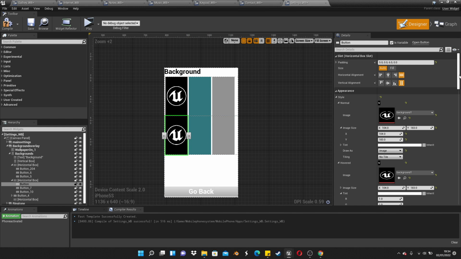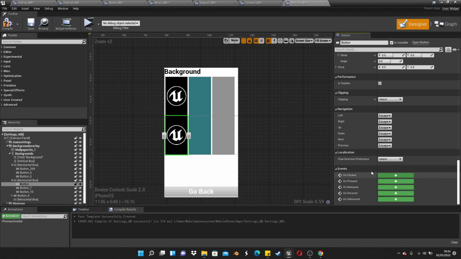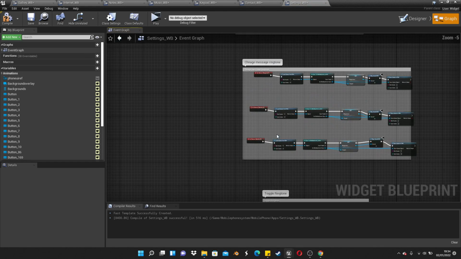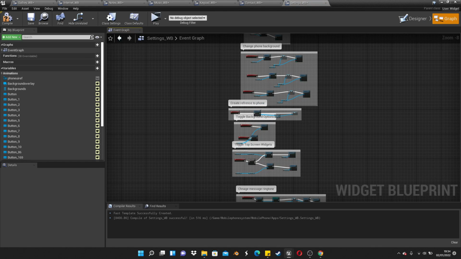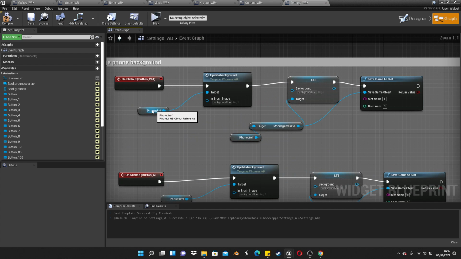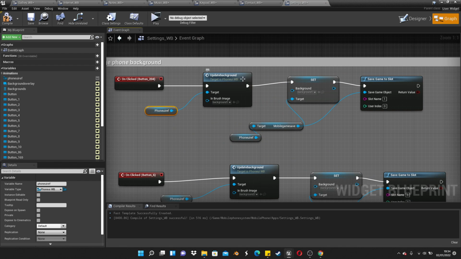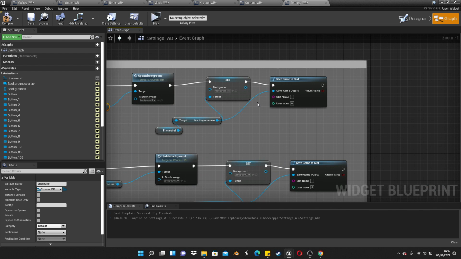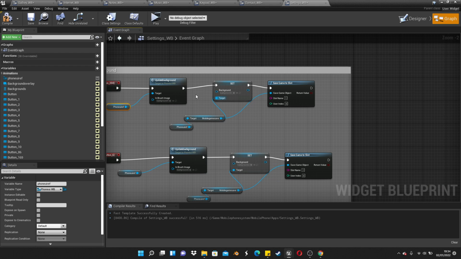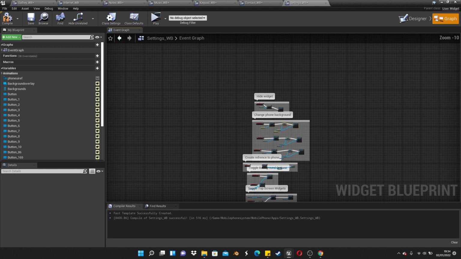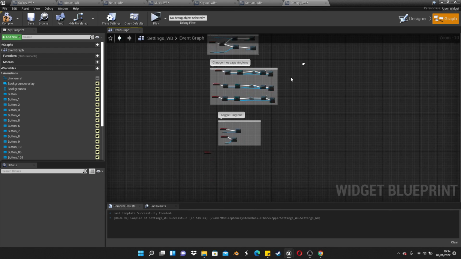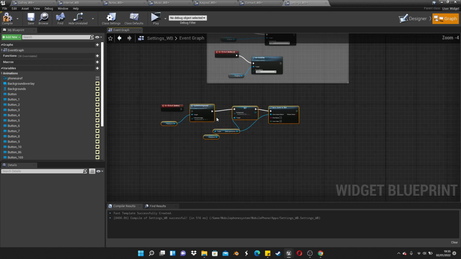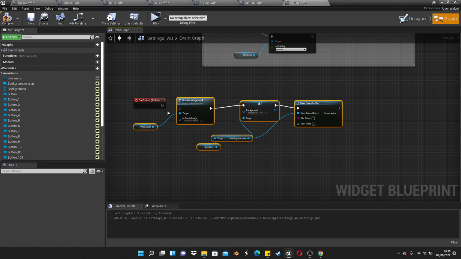just make sure that when you scroll down and go on clicked, that it has the same code as change background, where you just need to reference this phone UI and call it update background, and also set the background inside of the mobile save game. So you can just literally copy all of this, Control C, and paste it here with the new background